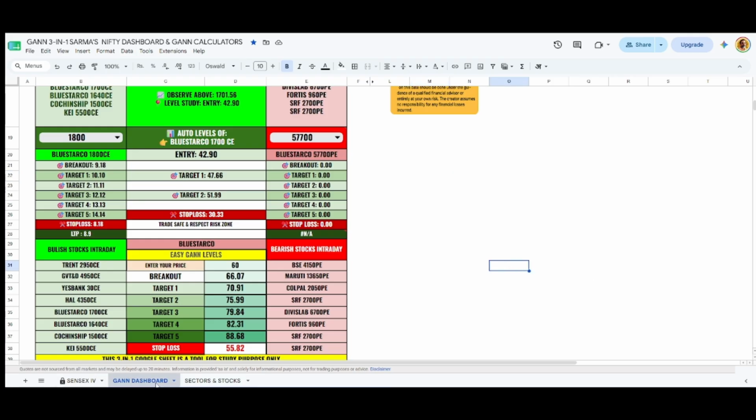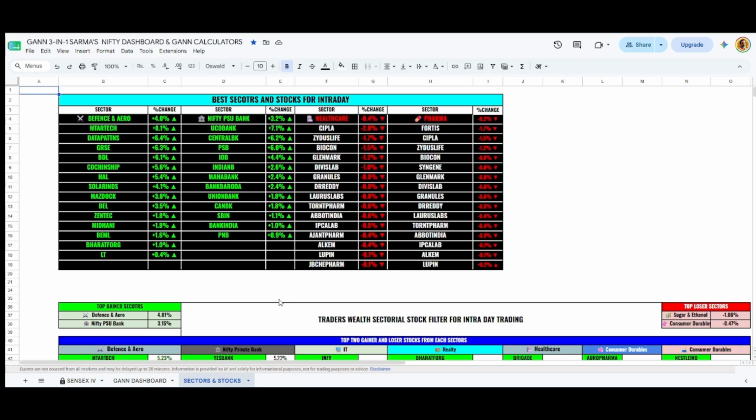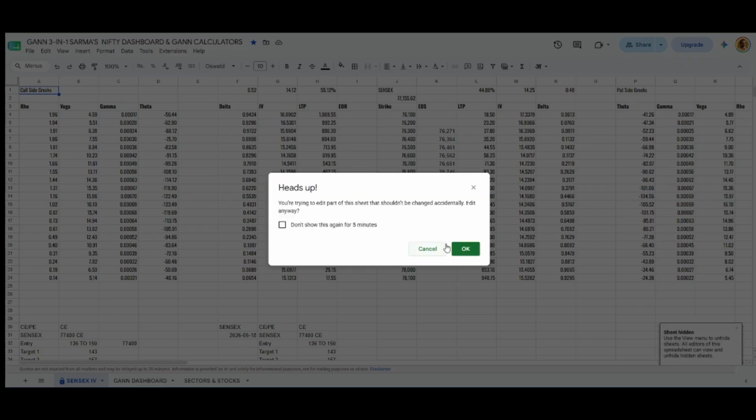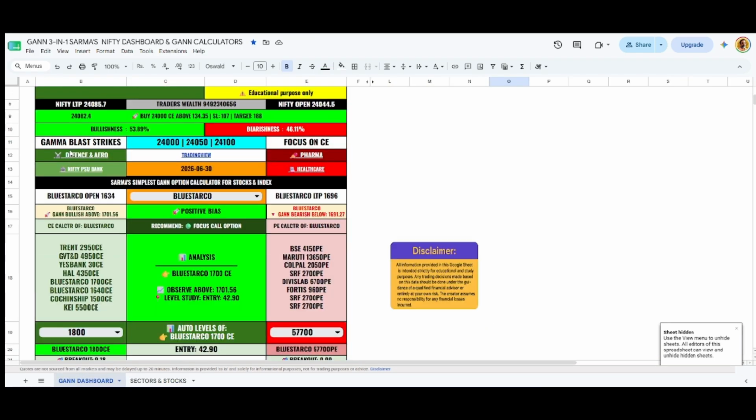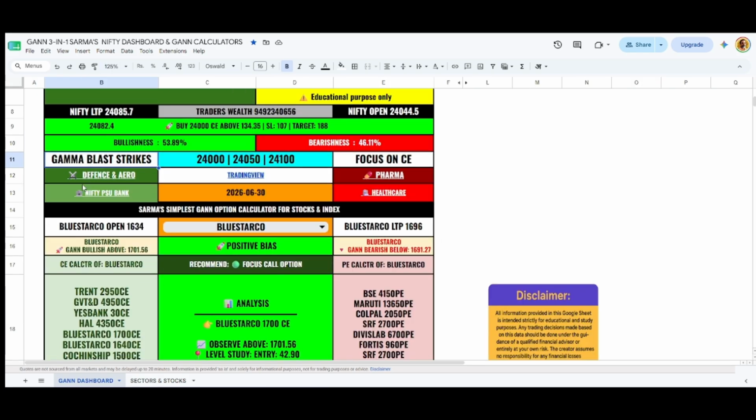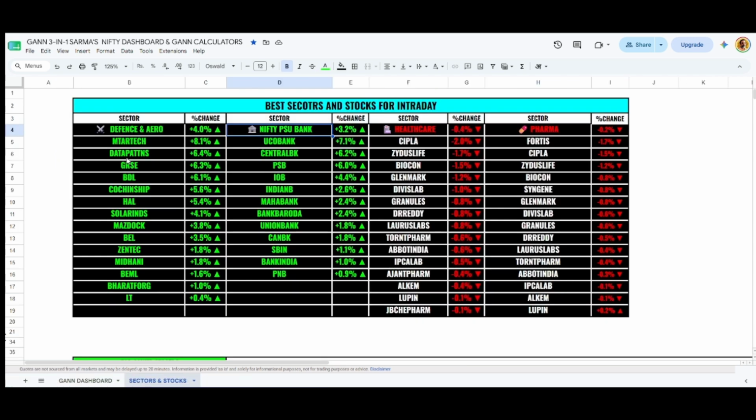One more interesting thing is that it has sectors. Sorry, one second, let me hide this so that it is not in the way. Yeah, so this is sectorial. Any sector which is a gainer and which is bullish, here I have given you two bullish sectors under the Gamma Blast. You can see this here. I'm just enlarging. So defense and the strong sectors. Under the defense, you have